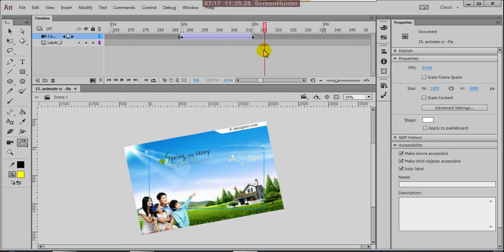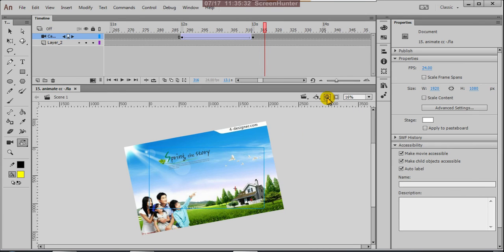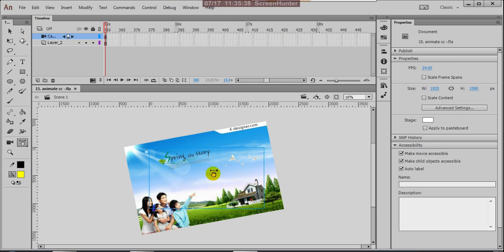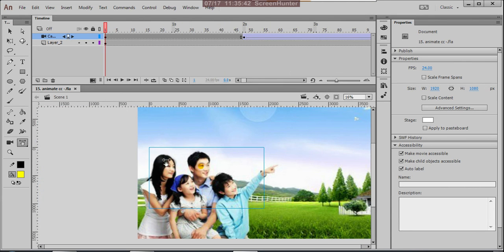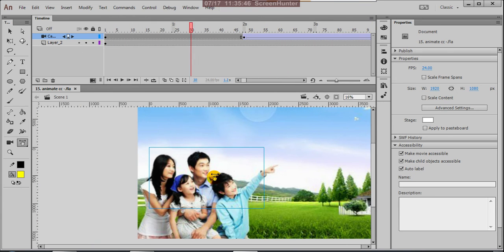So after giving the rotation, just click on that, automatically it can be set right. Okay, and this is the time scrub tool. So you can scrub from that area to this area immediately, instantly. Okay, this is very simple, not a great thing. Okay, and this is the zoom tool.